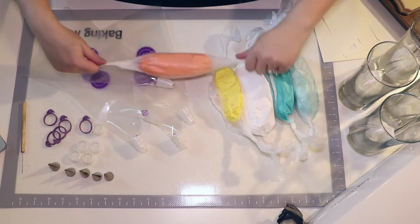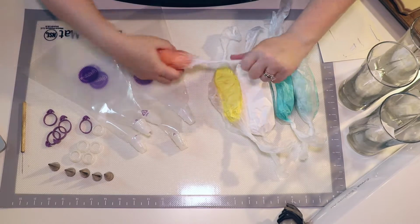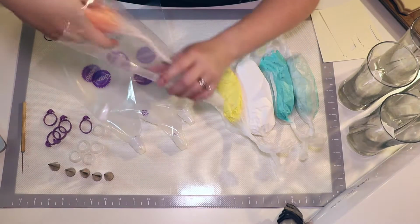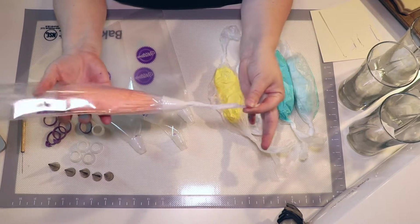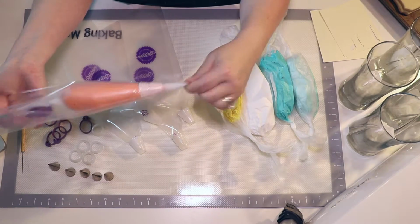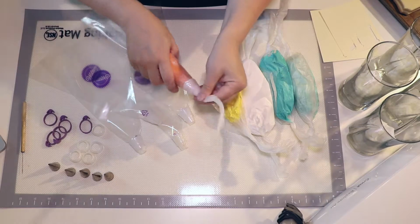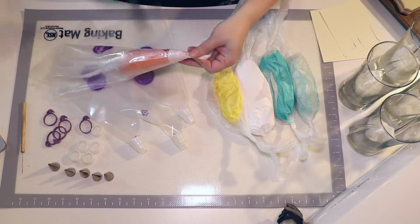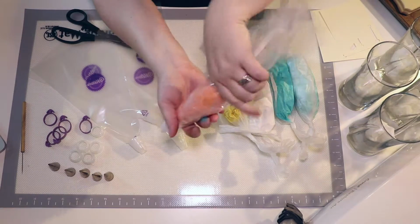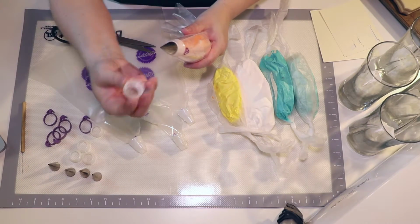Alright, so to get my piping icing into my bags, I literally just twist my plastic wrap and I slide one end of it straight through the tip, pull on it just until I see icing come out the end, so you can just barely see that the icing's showing right there. And then we're going to grab a pair of scissors and just snip off the end of that bag. Put our tip on, screw on the cap,